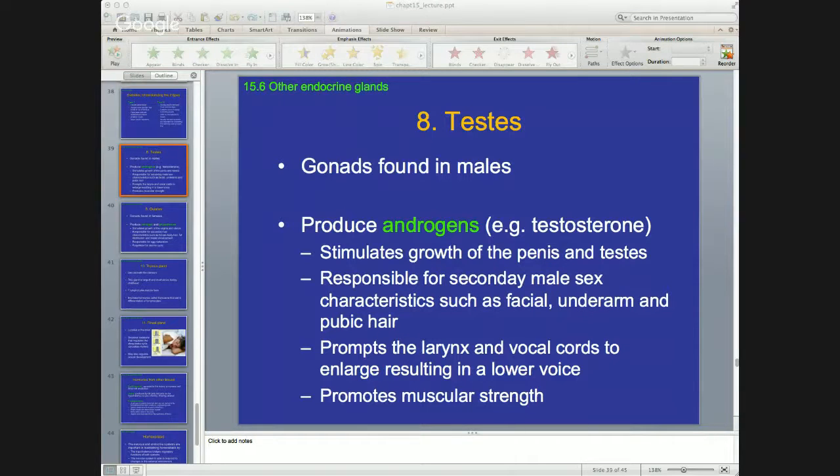Last gland we have is the pineal gland, which is found in the brain, and this gland secretes melatonin. Melatonin helps to regulate our circadian rhythms, and it also may play a role in regulating sexual development. Melatonin is also known as the dark hormone. It's produced usually when there is no light around, and it helps us to sleep better. During the night when lights are off, the melatonin is produced, and that helps to regulate our circadian